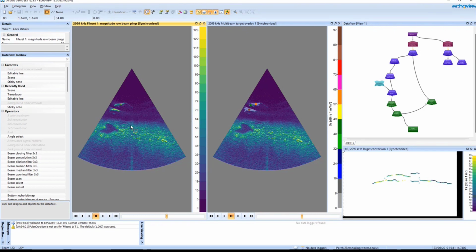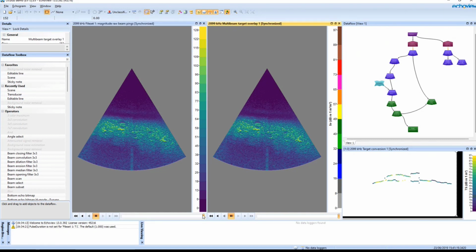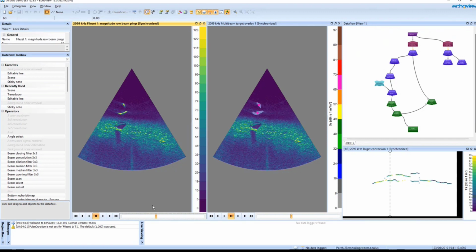Imaging sonar data is really high frequency, really high resolution data. I love it because you can actually see individual organisms, which is really easy for people to kind of connect with and understand what's happening. In this case, we've got some perch swimming around that are chasing, I think, a worm that's been dropped into the water. So they're racing each other to the individual worm. And so we can see Ecoview's algorithms here identifying the different targets, and that'll give us the ability to count individual fish, look at their swimming behaviour and speed over time. So that's one of the fun things with imaging sonar data.